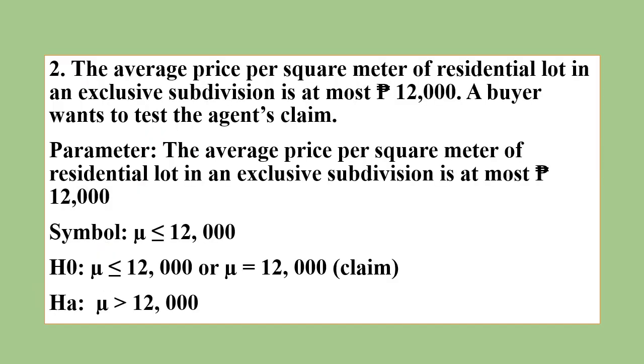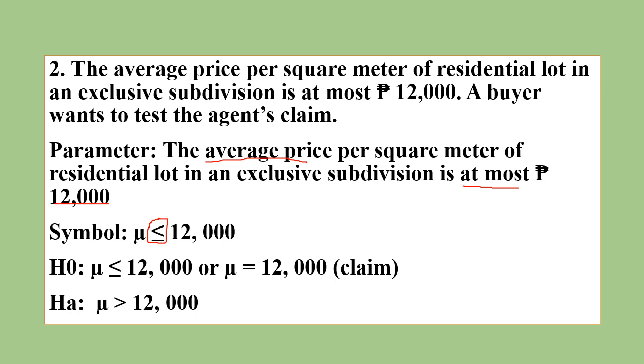Now, number 2, the average price per square meter of residential lot in an exclusive subdivision is at most 12,000. A buyer wants to test the agent's claim. So, our parameter here is the average, no? The average price, which is at most 12,000. So, in symbol, since it's average, it's the mu symbol. And since it's at most, it is symbolized as less than or equal to the amount of 12,000. So from the symbol already, we can identify that our claim is in the null